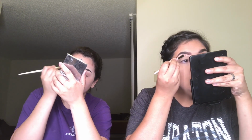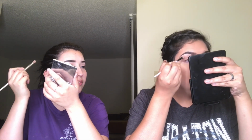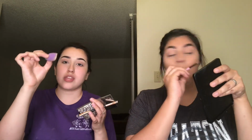So when you blend your concealer, Aki, do you use your finger or your brush? I use this end to outline my eyebrow, and I also put it on my eyelid, but I actually just blend it with a little blender thing. So now I'm gonna